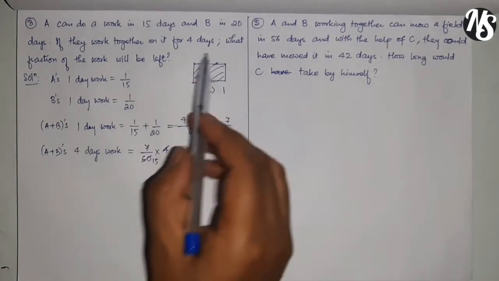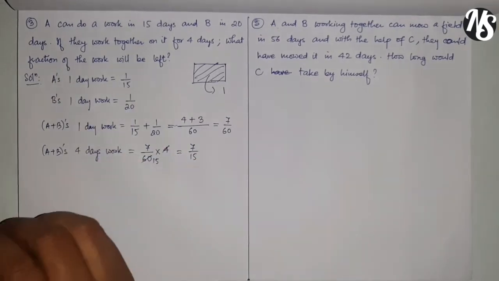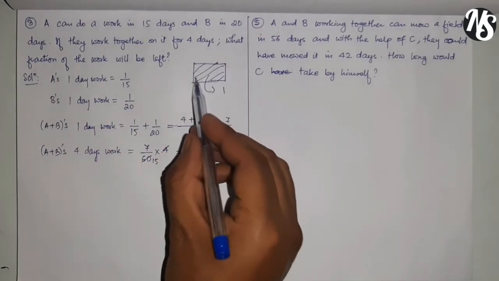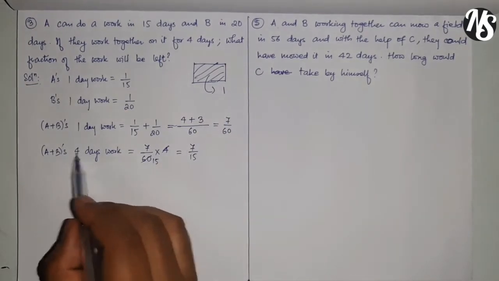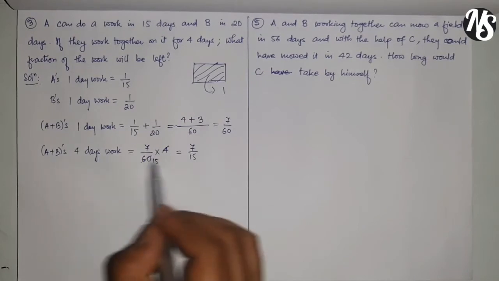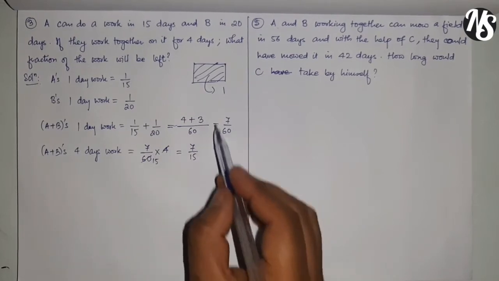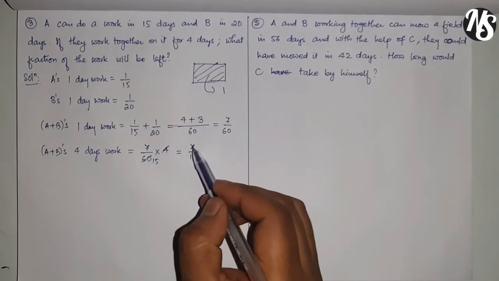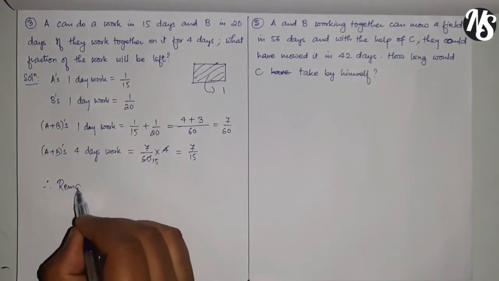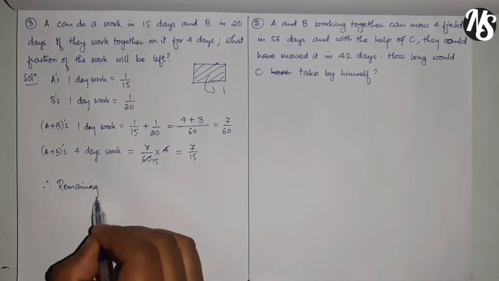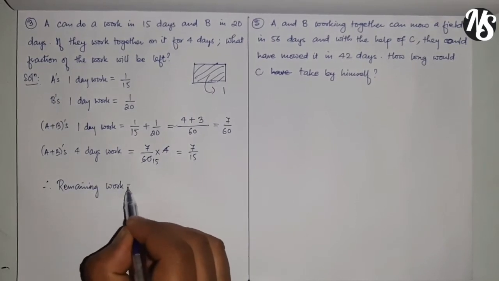So therefore the question says what fraction of the work will be left. Now I want to finish this entire work, which is called 1, isn't it? But I have finished in 4 days. Together they have finished only this much part. So how much is left? From 1 I have to remove this. So the remaining work is going to be,